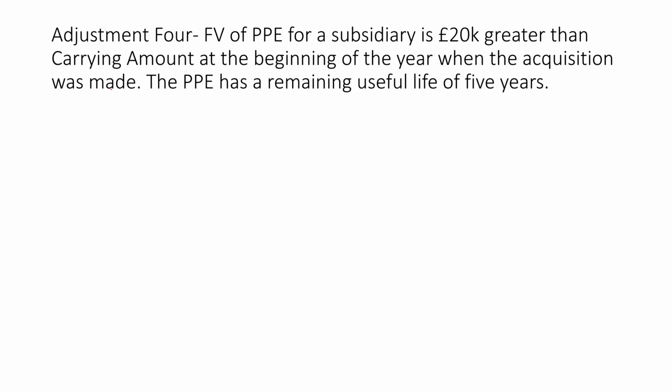Okay, now here we have an example where the fair value of PPE for a subsidiary is 20k greater than the carrying amount at the beginning of the year when the acquisition was made, and the PPE has a remaining useful life at this date of 5 years. Okay, let's understand how to treat it. So basically this means if we accounted for it at the carrying amount,